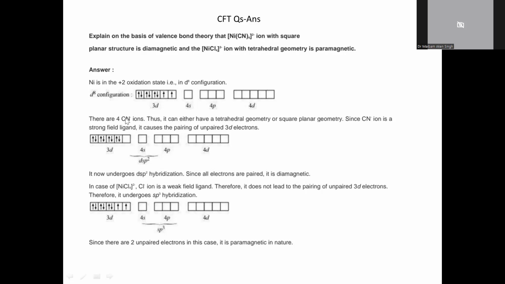This is a strong force ligand, so pairing takes place and one d orbital becomes vacant. The d1, s and the p2 hybridize, so we have 1 plus 1 plus 2, that is 4 orbitals, to get the 4